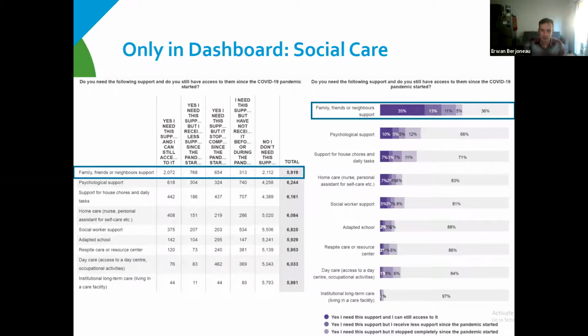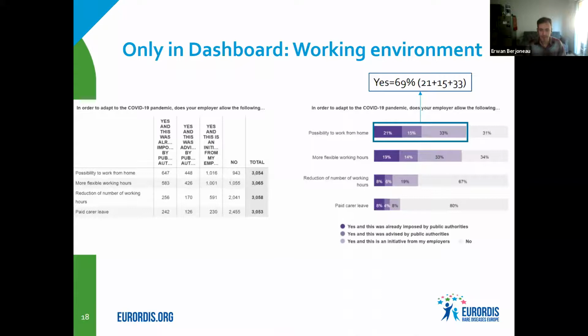Also, we had a set of questions on social care. So that's an example of a question where I only used the first item. I don't know if you remember, but on the last theme, I talked about the help of the family, friends, and neighbors. But there were 8 other items that were covered. And so again, if you want to have a look at those results, you need to refer to the dashboard. And that is my last slide on the dashboard. I just want to also mention that